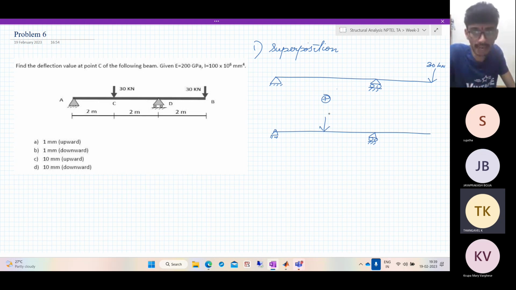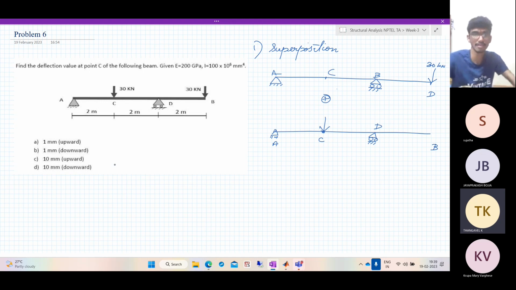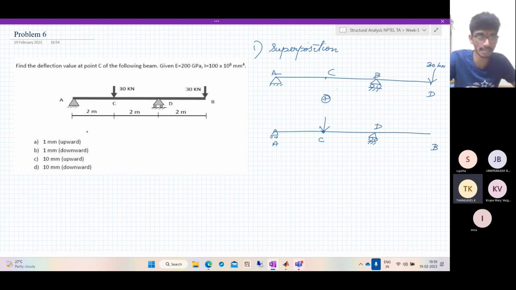Now what is asked? We are asked the deflection at the point C. So this is the point C, this is the point A, this is the point B, and this is the point D. Now let us draw the bending moments. So you must be very familiar now. So let's take problem A. Let's call this problem 1 and let's call this problem 2. So for problem 1,